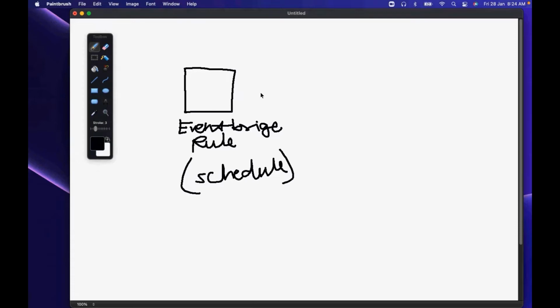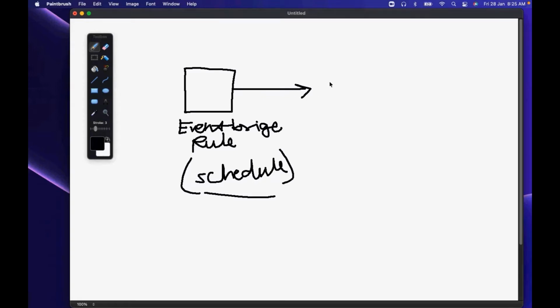So if you are taking a backup every 7 days or so, you can fix some time there. And this EventBridge rule will help us in scheduling that. Now EventBridge is a serverless service, and it talks directly with many Amazon APIs.